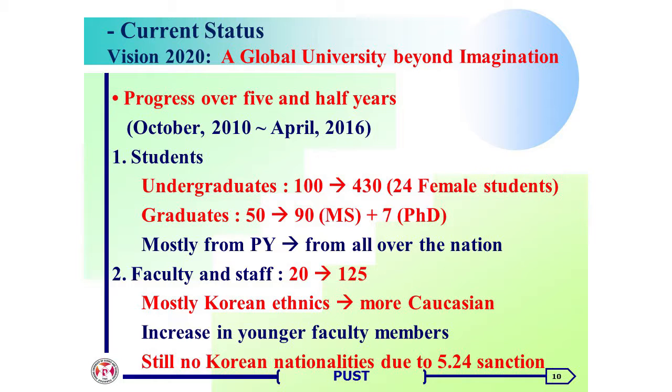half years, with undergraduate students going from 100 to 430, and now we have 24 female students. Until the year before last, we did not have any female students. Then graduates, 90 MS students and 7 PhD, and so on. Faculty members, 120 now. And the North Korean people were surprised when about 100 of our faculty members came in March this